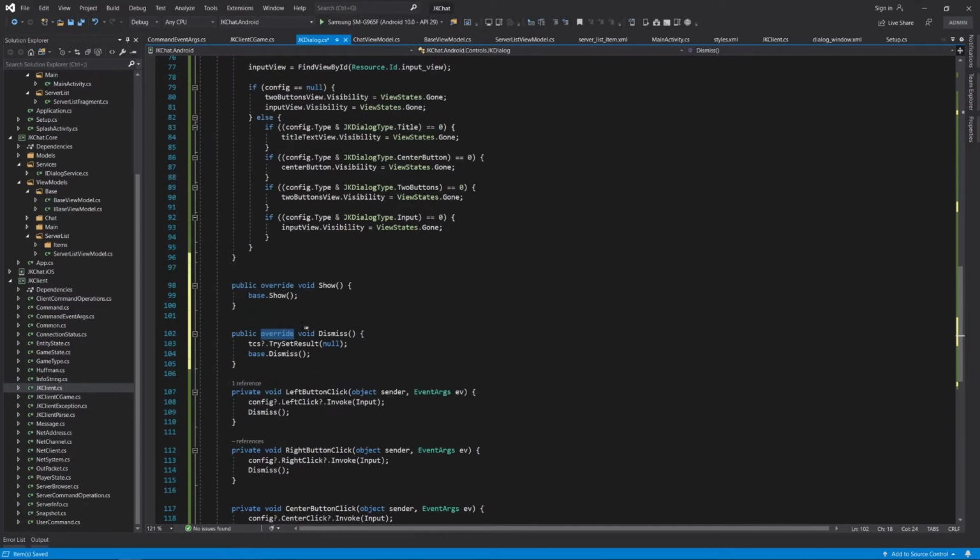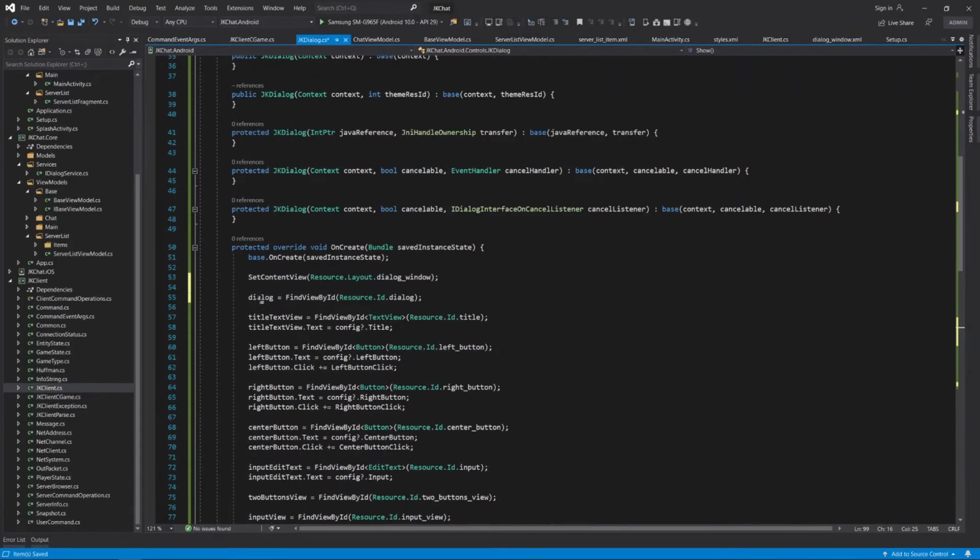Let's put them together, and after showing dialog